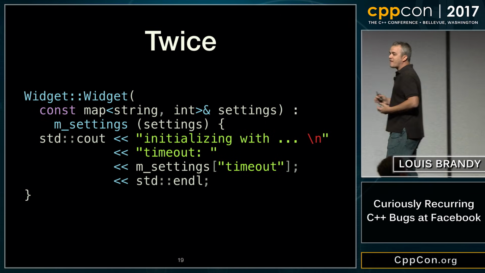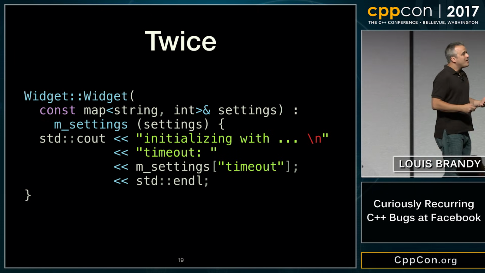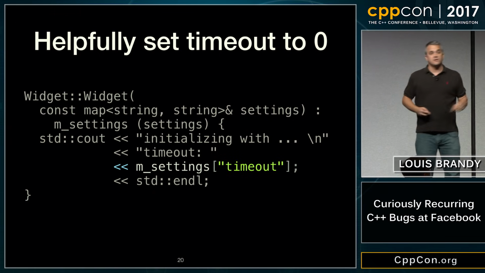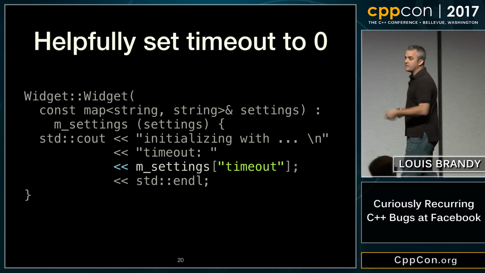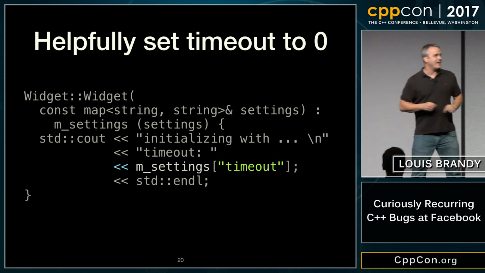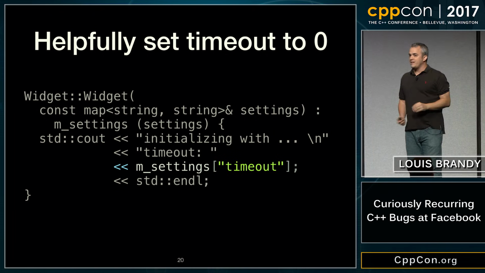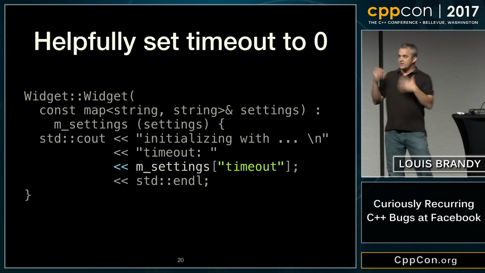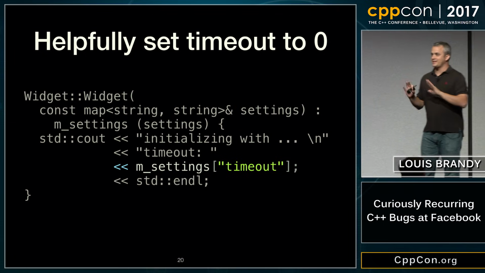Well, what happens in a refactor if you pass in a map that doesn't contain timeout? Well, we've just helpfully, in our print statement, set the timeout to 0. In most socket libraries, a timeout of 0 is infinite. Yes? So this is a really excellent way of making, like, one service is dying, and now this service, all of its threads are in infinite timeouts, right? But of course, everyone tests all their timeout code paths really extensively, so this doesn't happen.